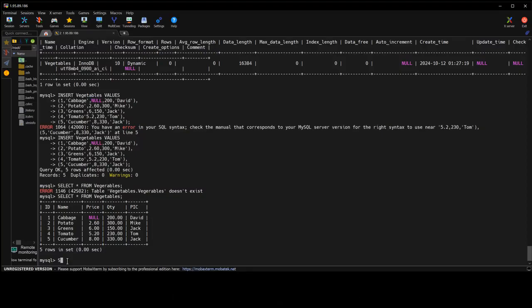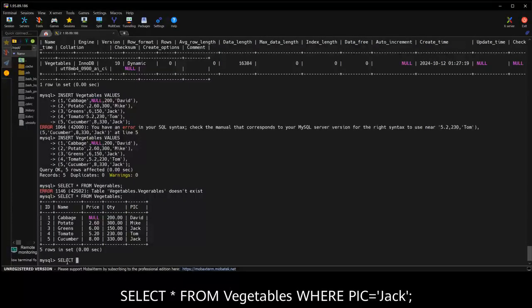We can use select stars from vegetables where PIC equals to Jack,